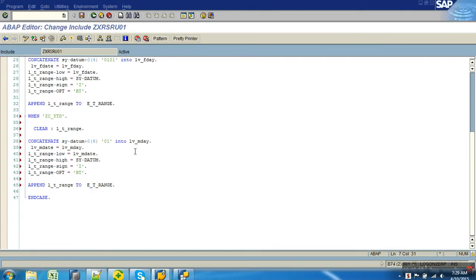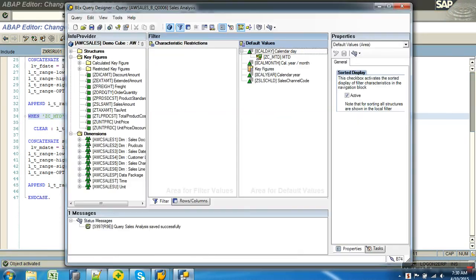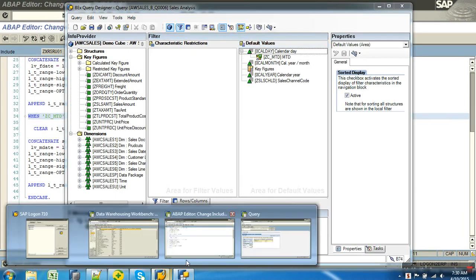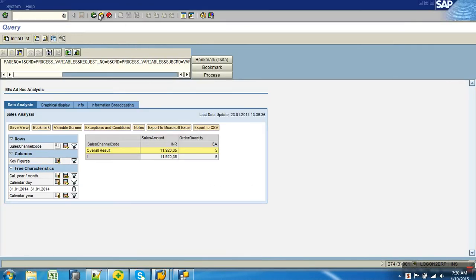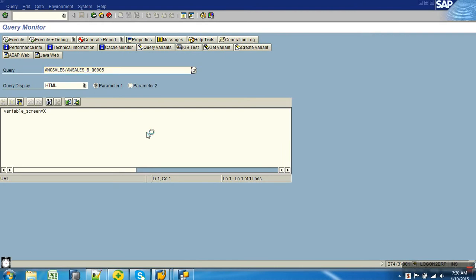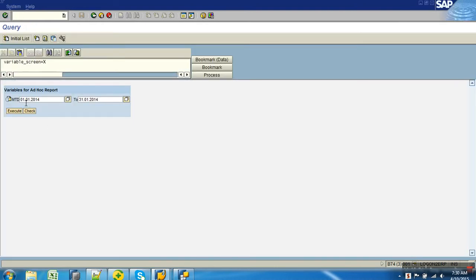How many of you have an issue with this? Now the variable should be replaced with what this MTD is. So is it clear? Nothing much in it. So it's in the month of January. I told you there's no difference for it because it is already in January. So the current date is 31st and the first day of the month is 31st.